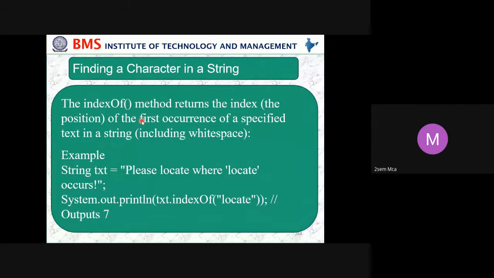We have to write our own logic. But in this syntax, what they are saying is wherever the first occurrence of whatever word. In our case, we told "locate" is our string, and I want to know where "locate" is. What you are saying is that "locate" may be repeated 100 times in the paragraph. Then you have to use one more built-in method called count along with indexOf, to count how many times "locate" is there. So combining these two, you can find out how many times "locate" appears in the paragraph. Okay.